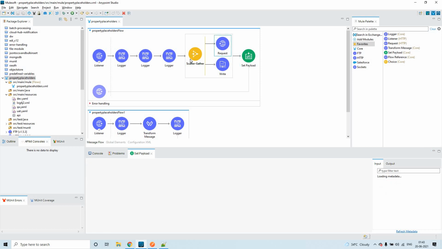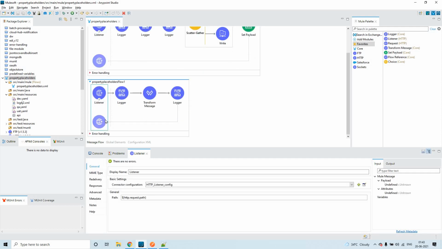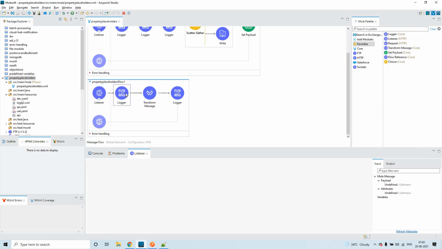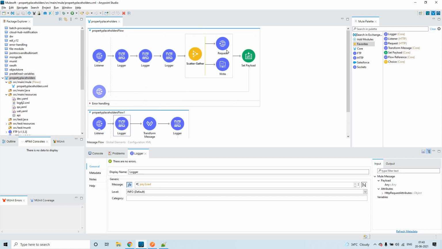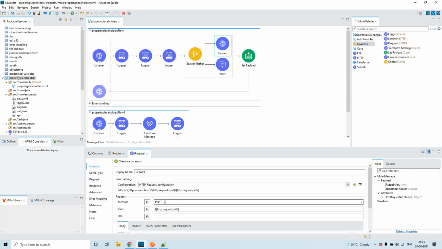Whenever the control comes to the HTTP request, this particular listener is already configured to listen on that request. Here I am printing the payload this request will be sending, because I am using the method as post.